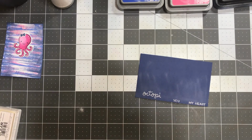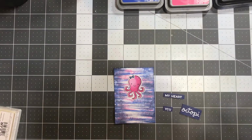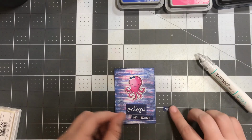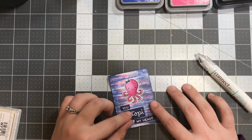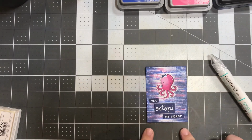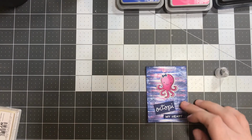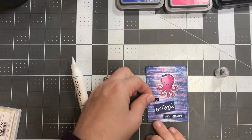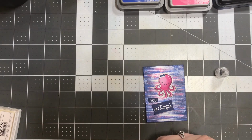Once I got all my powder out of the way, I took my Wagner heat tool and heat set that embossing powder. I did go ahead and trim these pieces down so that they would fit nicely on my card, and just kind of played around with that placement so that I could get a good feel of where I wanted things to go. I did decide that I liked the octopi at a little bit of an angle, so I went ahead and did that. I'm using my Gina K Connect glue again to adhere my sweet little sentiment strips to my card,